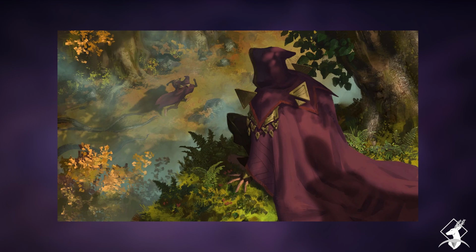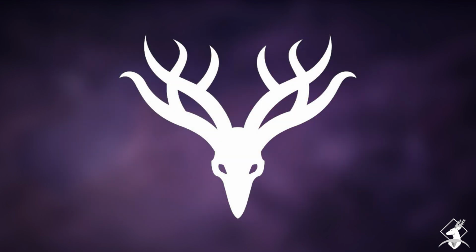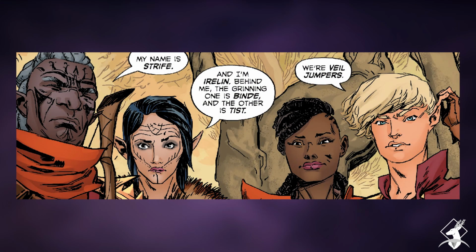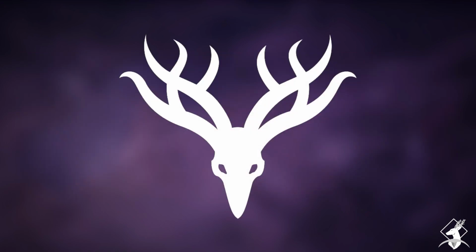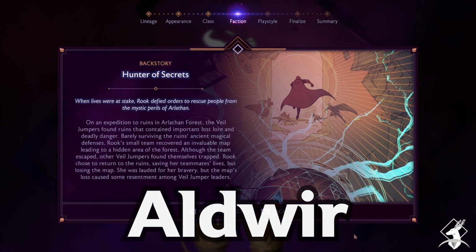We don't know many of the finer details of this faction at this point, but they seem to be mostly comprised of Dalish elves who took an interest in their history. However, there are plenty of non-elves, as seen in the comic The Missing. As long as you're willing to run headfirst into strange magical mishaps, they're going to take you. You also don't need to be a mage either, as seen with one of the more prominent members, Strife, being not magically gifted at all. With this faction, you are Aldweir.